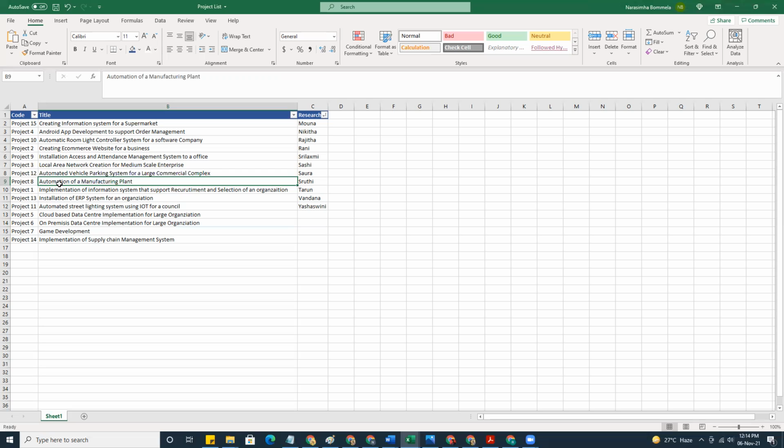To automate it, we will be using some kind of sensors that help the automation process, and it ensures that the performance of the manufacturing plant will be increased. Unnecessary costs associated with the manufacturing plant might be reduced. It might be generating a competitive product with high quality. So whatever benefits automation offers to a manufacturing plant will be achieved, and they are considered the actual business needs for the organization.